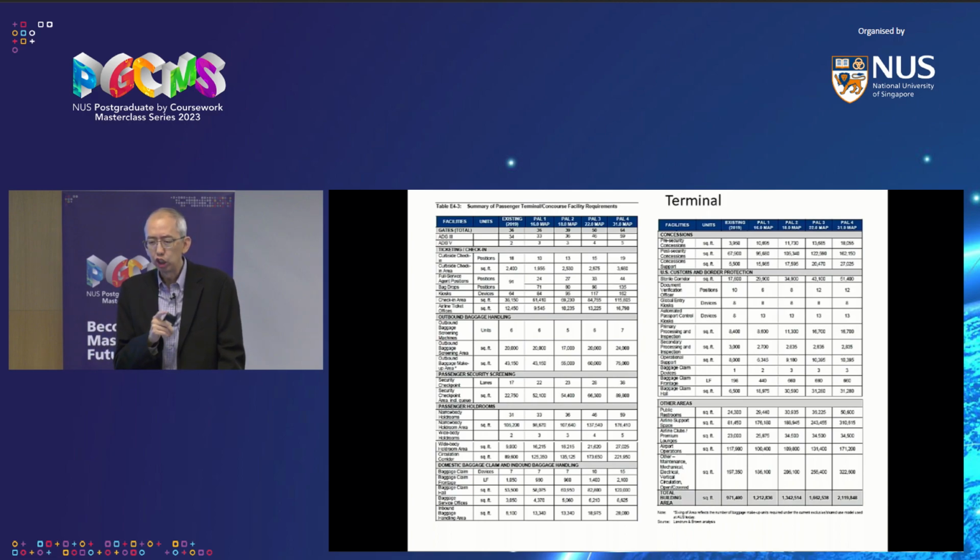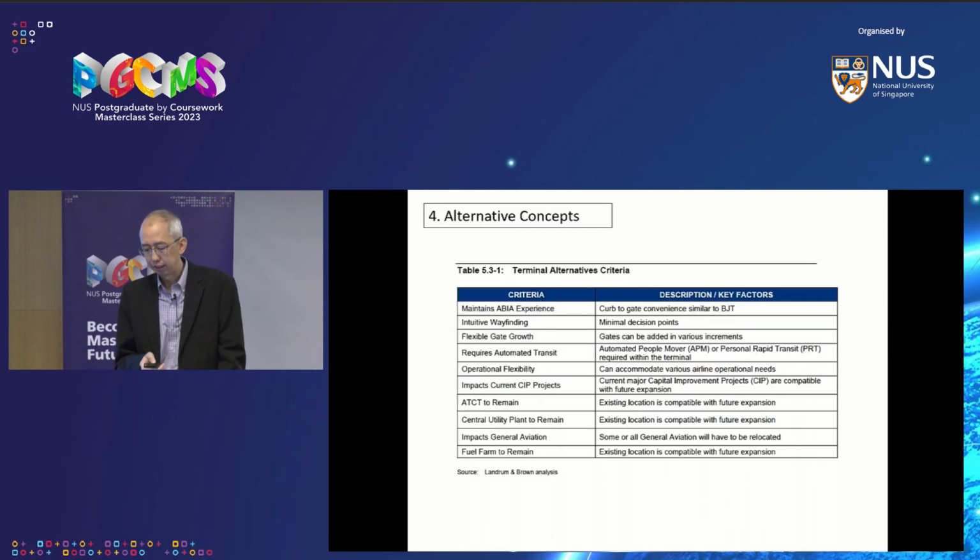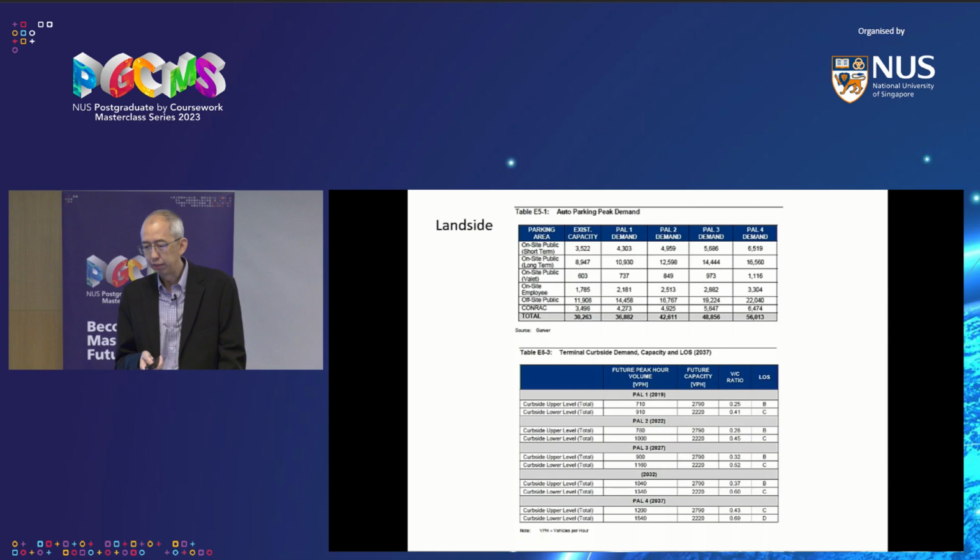So if you just concentrate on the PAL 2, 18 million, you can see how many they wanted to build at the 5-year mark. And then this is for the land side, and below you can see that was the roadway. Above is the parking and below is the roadway. So again, if you want to read all this on your Saturday morning, you can go to the Austin 2040 master plan. You just Google that, and you can download the 500 pages and totally geek out on airport planning, okay?